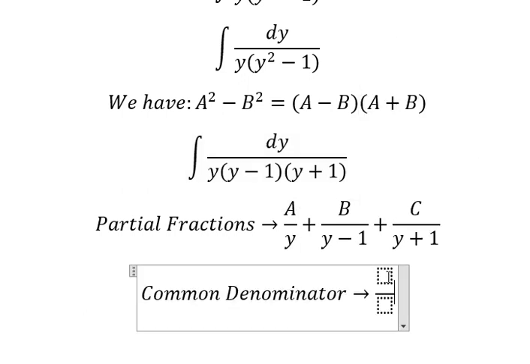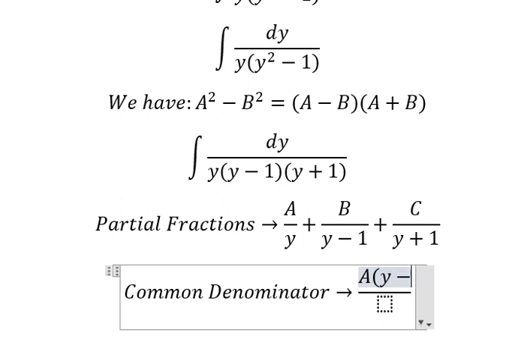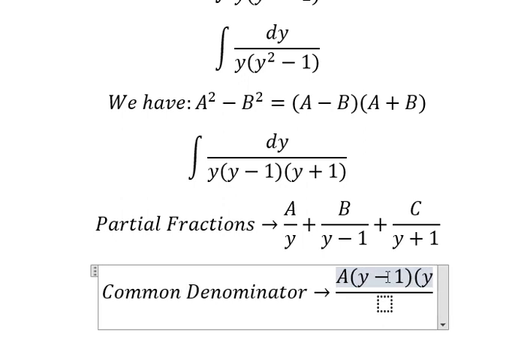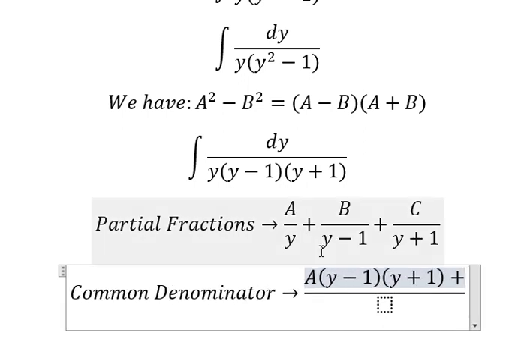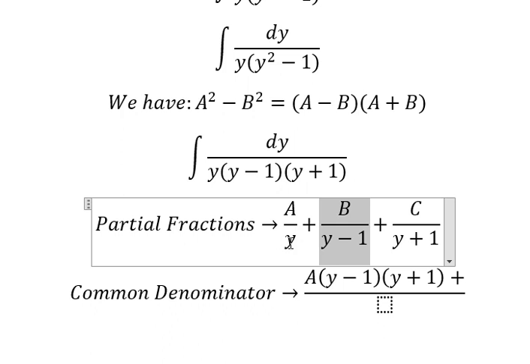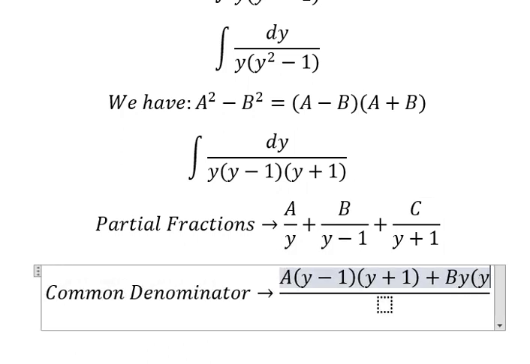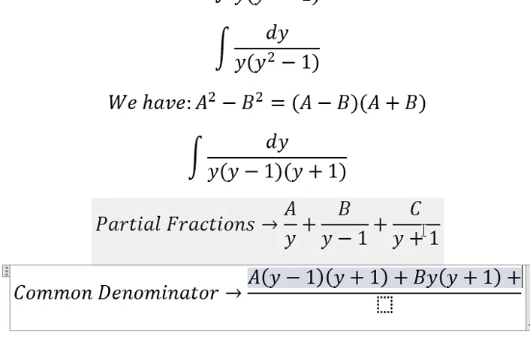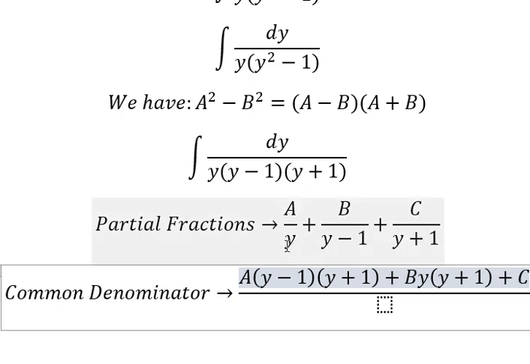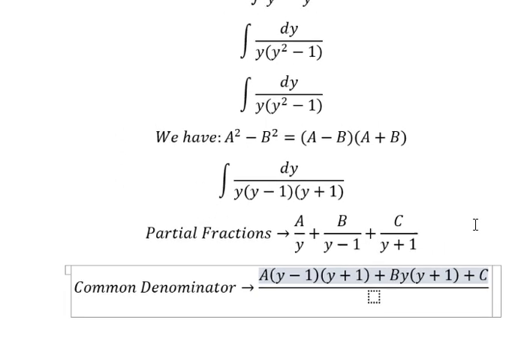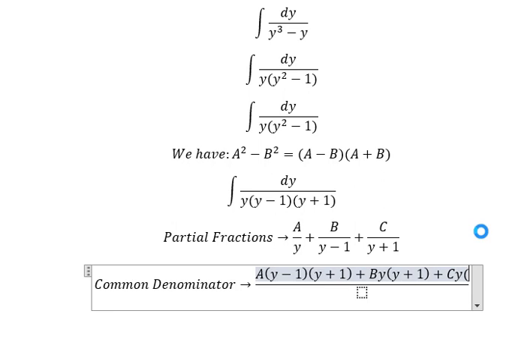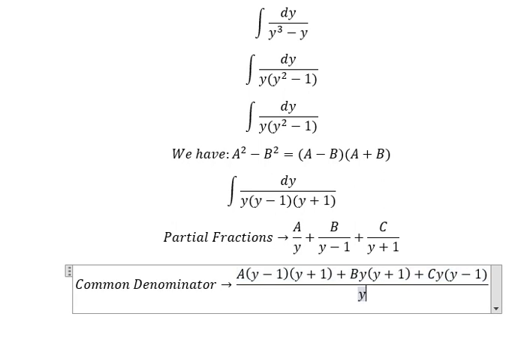So capital A multiplied by y minus 1, y plus 1. About this one, it is missing y and y plus 1. About this one, it is missing y and y minus 1. Next,